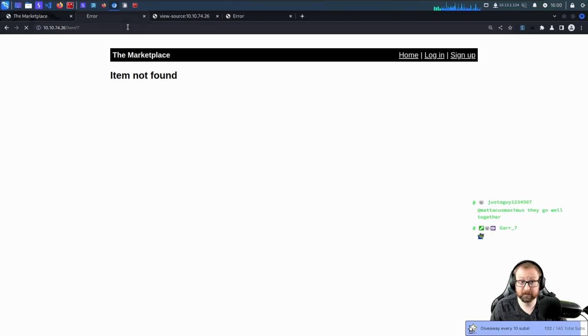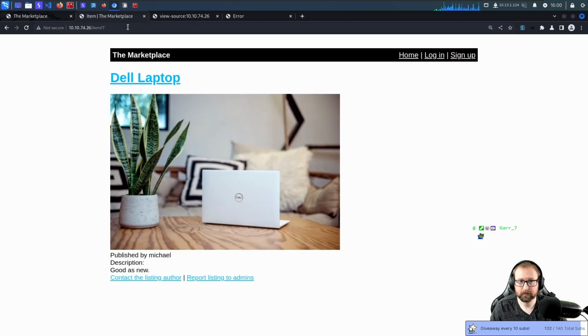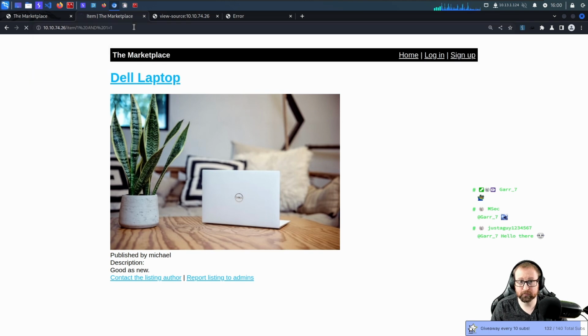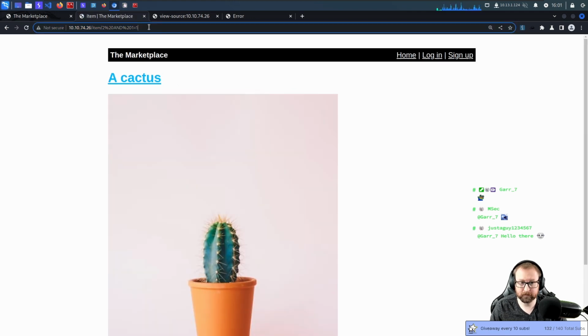All right, can we do something like this? Well, that's interesting. Can we do something like and 1 equals 1? And what happens if we change that to a 2? And what happens if we change it to and 1 equals 2? Nothing. All right, so there's probably no SQL injection here.